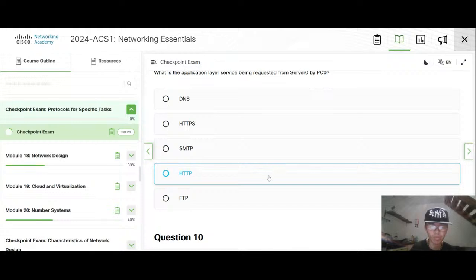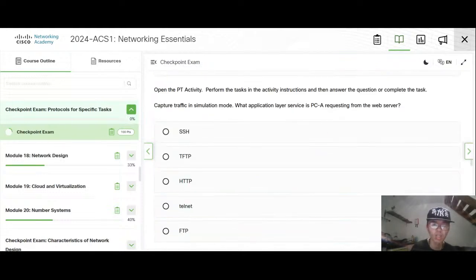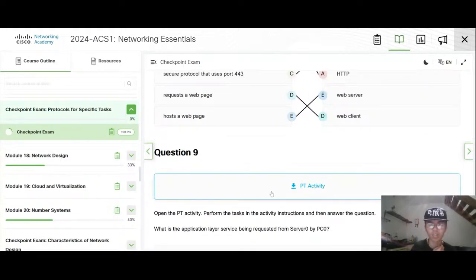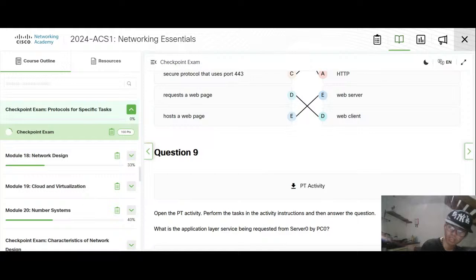I don't know. Just trying to figure it out later. Maybe I should do this. In the simulation mode, the capture package will, yes, it was being requested from server 0.